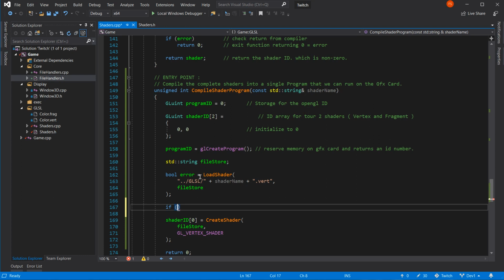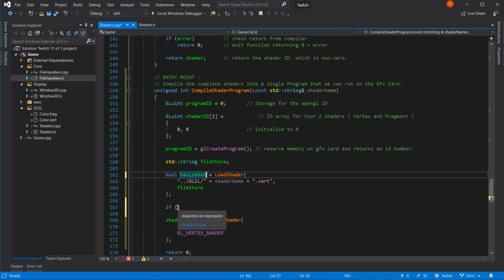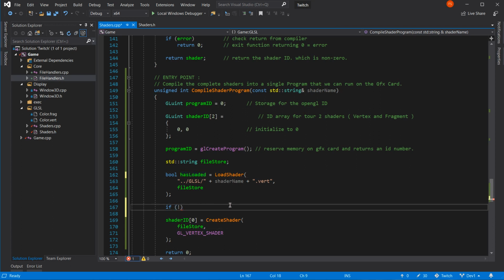If error is the wrong way round. Again. If it has not, I don't like doing this.